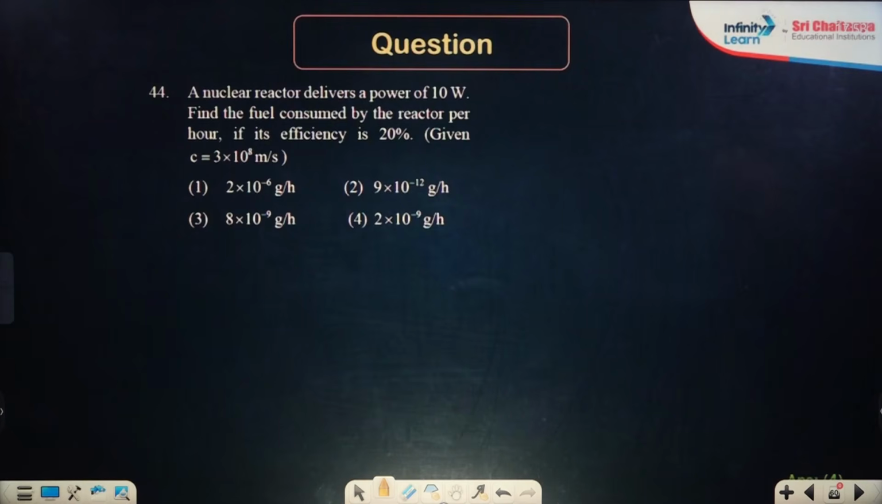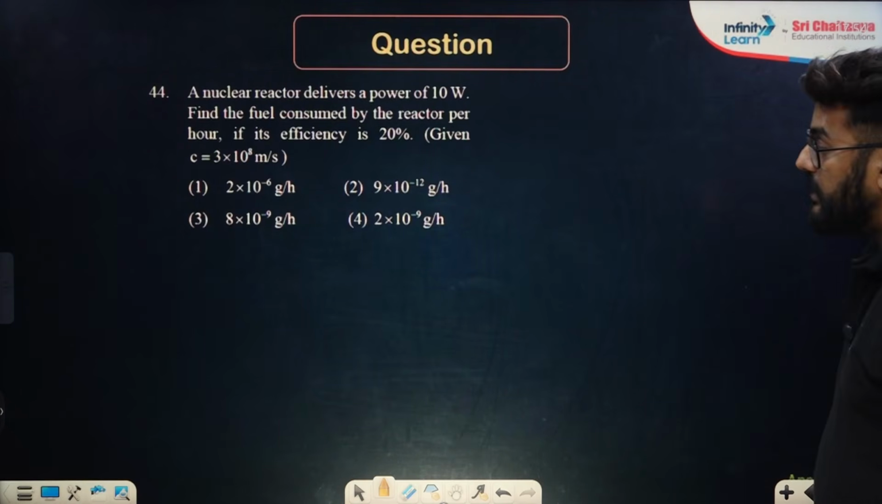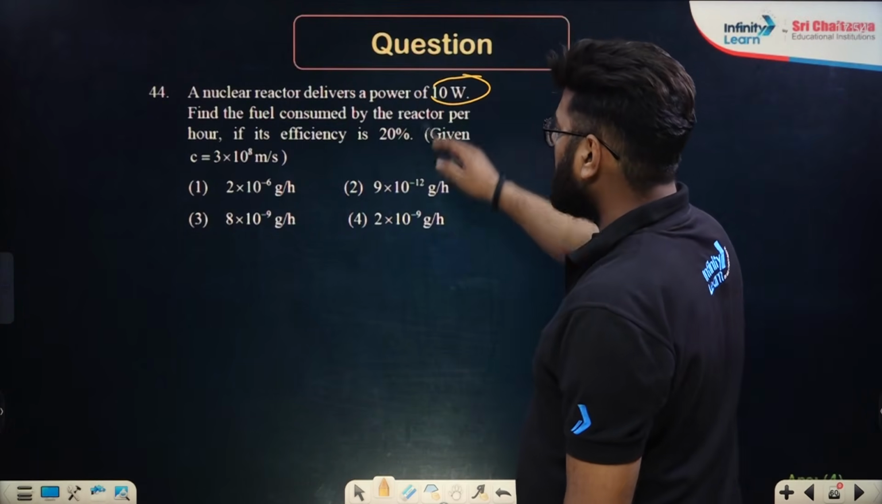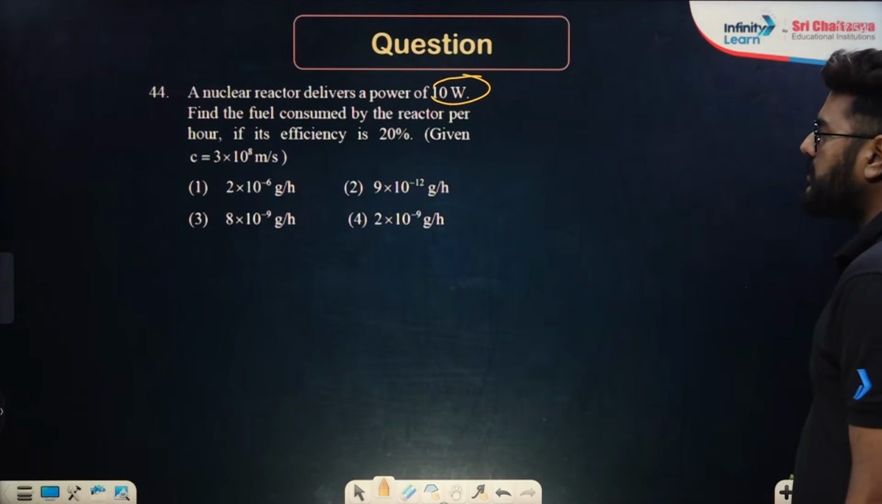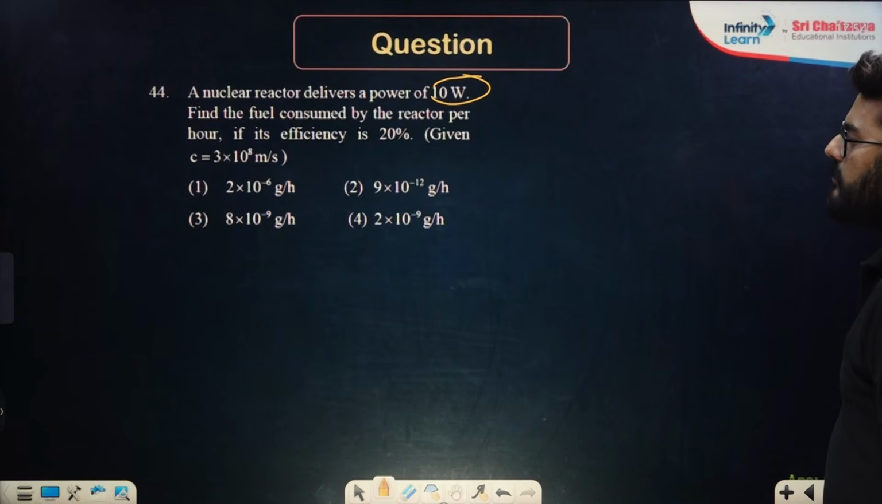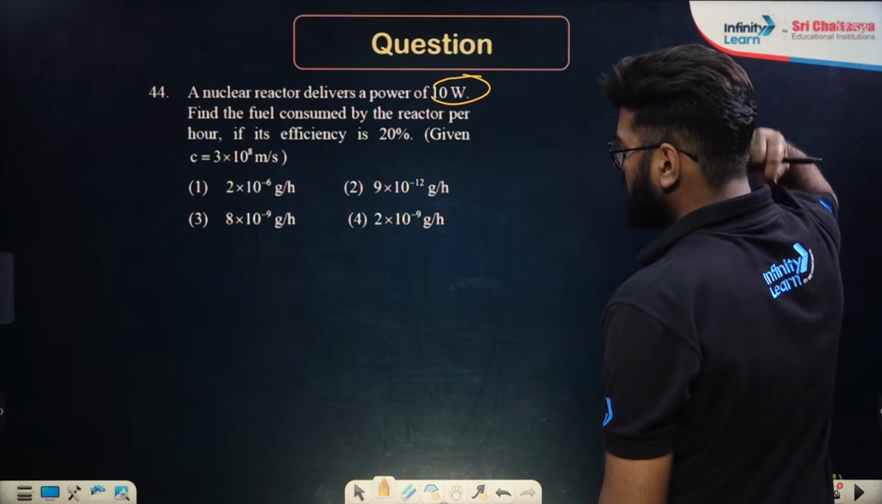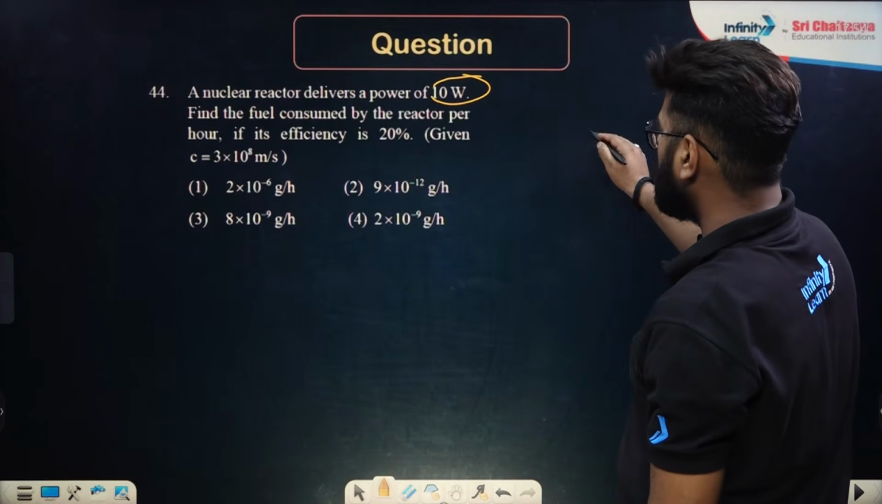A nuclear reactor delivers a power of 10 watt. Find the fuel consumed by the reactor per hour if its efficiency is 20%. Simple. The energy the nuclear reactor is delivering is at an efficiency of 20%. Find the fuel consumed by this. So for the fuel consumed you will have to use E equals to delta m c square,